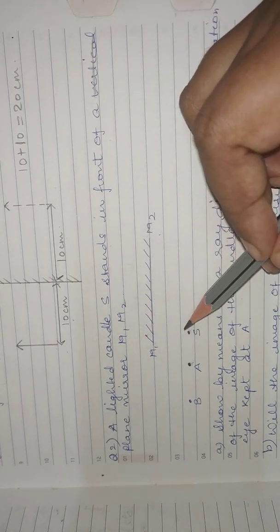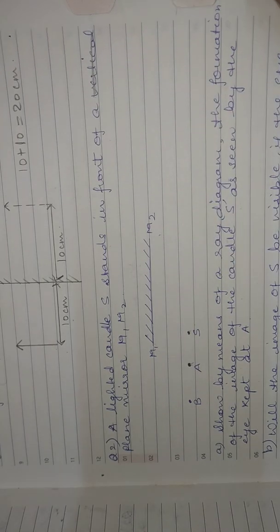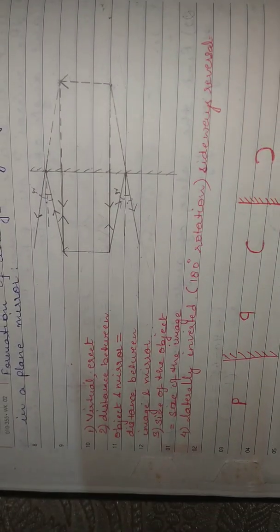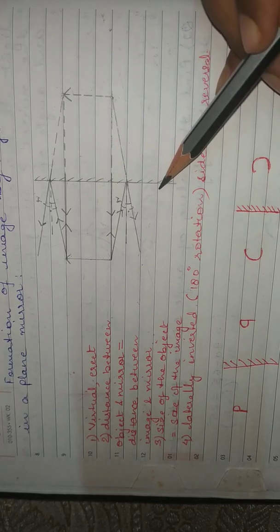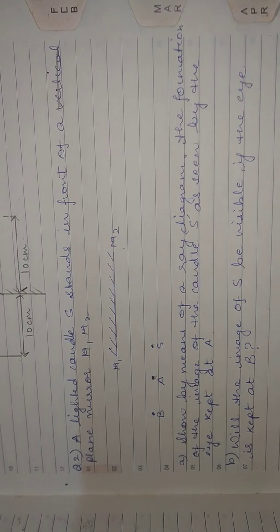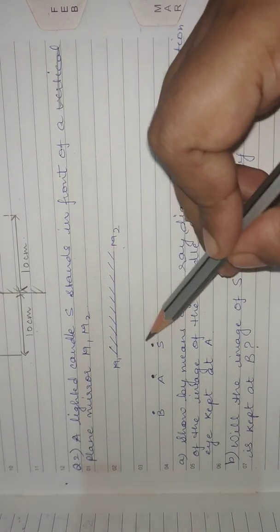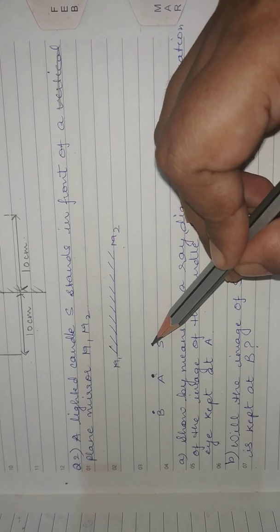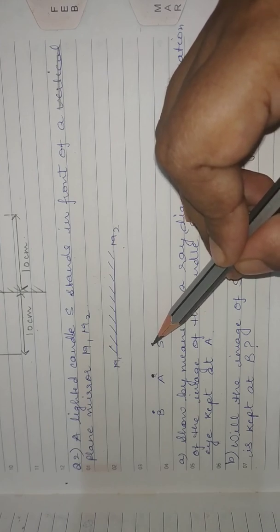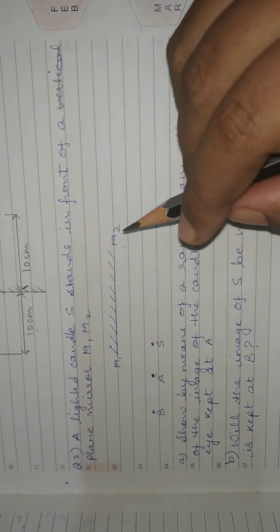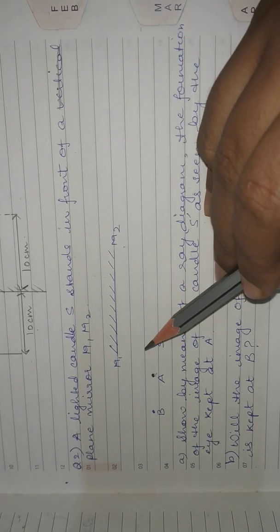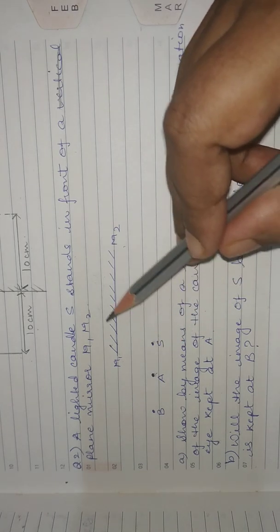Now in the previous ray diagram, I have shown you the image formation of the extended object. This is an extended object. That means the size of the object is comparable to the size of the image. And in this particular question, you are asked to draw the image of a point object. The candle flame is denoted by a point. So let's see how we draw it. The method remains the same. We need at least 2 rays for getting the image. So let's see how it is done.